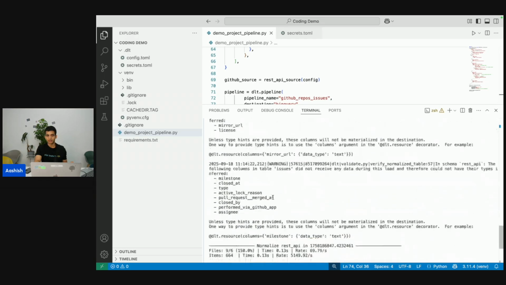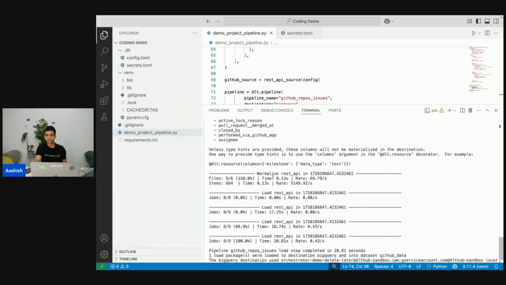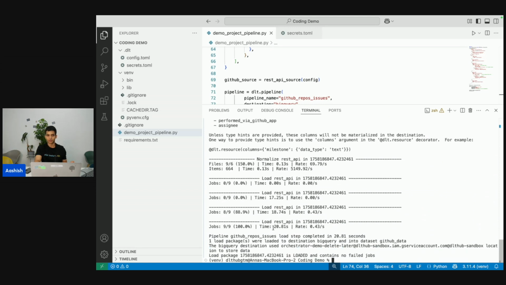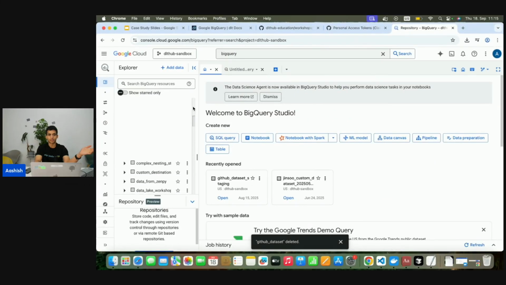And then let's keep going down. Once it's done normalizing, it's going to load it in BigQuery. Once that's done, it'll confirm completion and that the pipeline was run with no issues. So if I go back to my GCP BigQuery, refresh this,